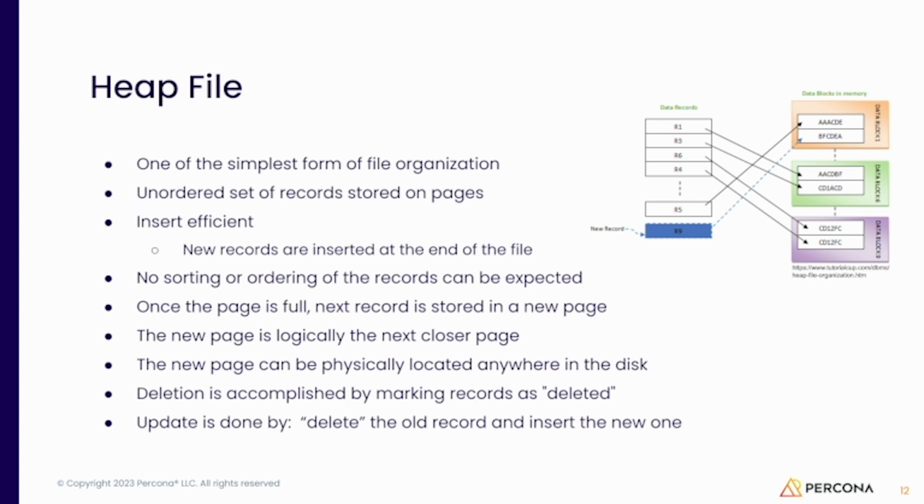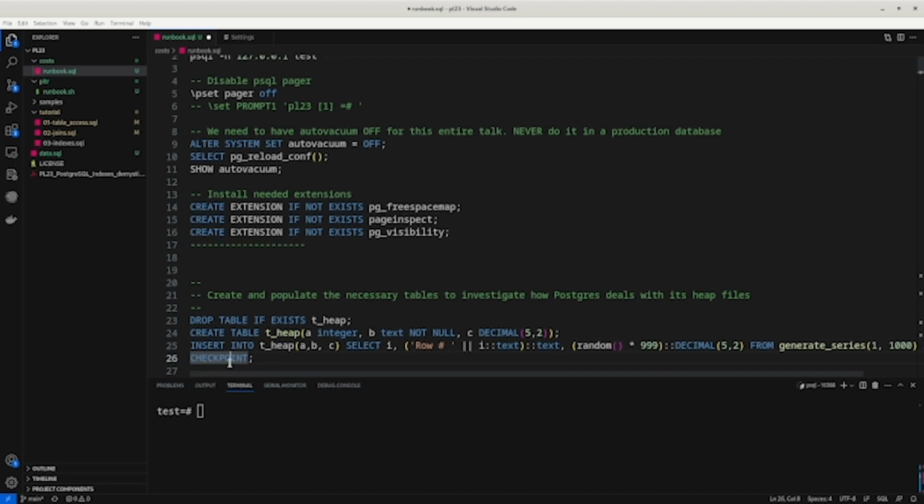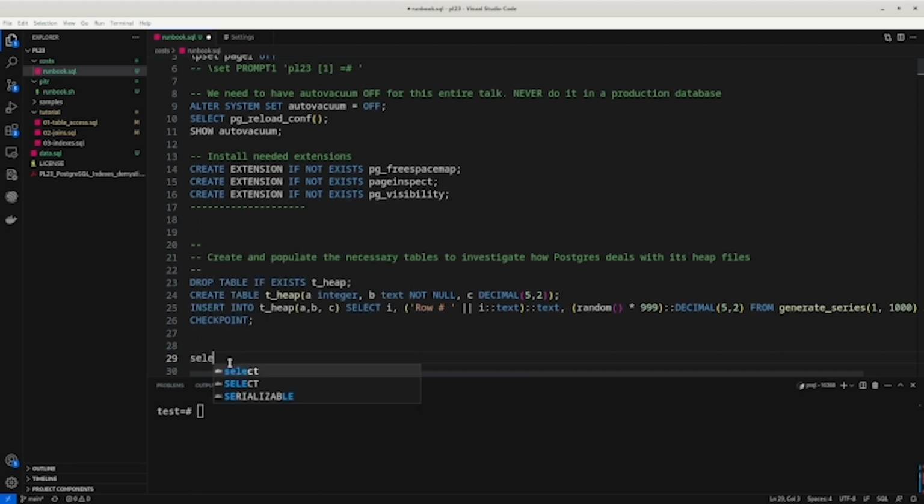So when we do a select, and we have a very simple one, can you guys see here? I suppose I have this table here. Let me do select stuff from T heap where ID equals 1.